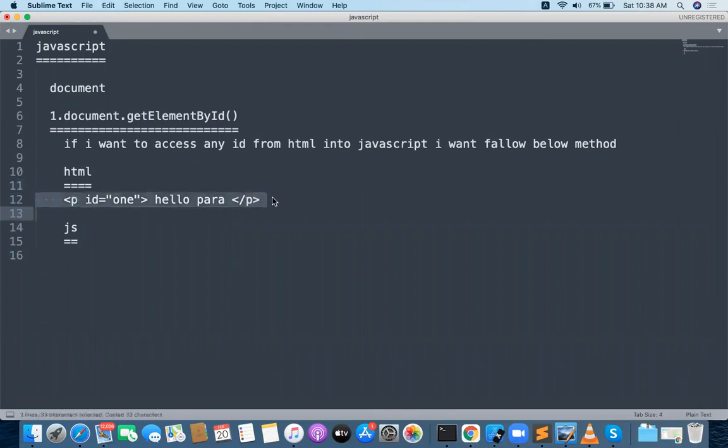Let me have another element like H1, and the H1 has an ID called 2. The paragraph has ID 1 and the H1 has ID 2.